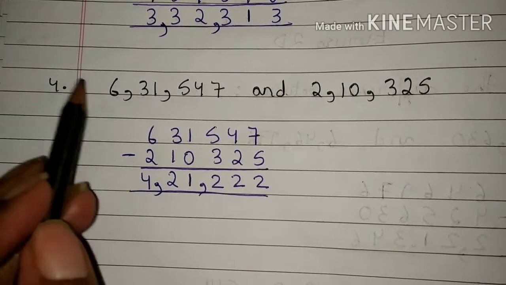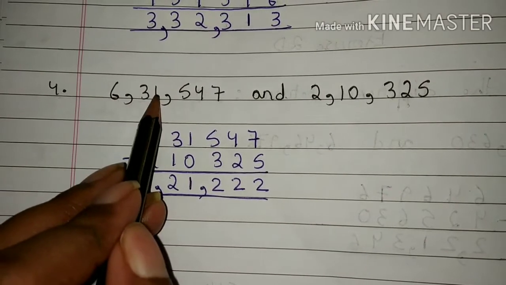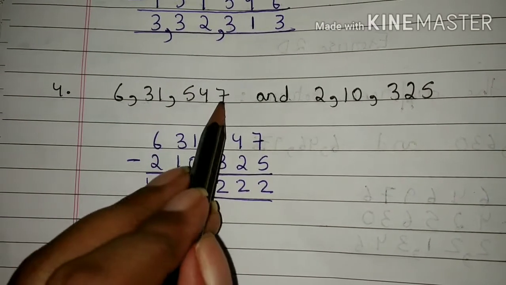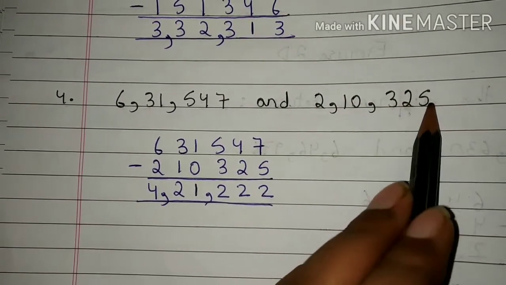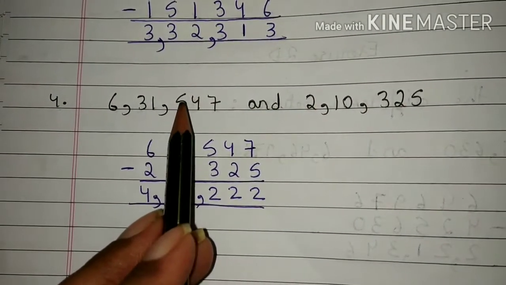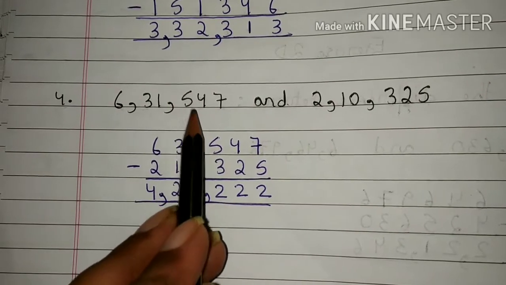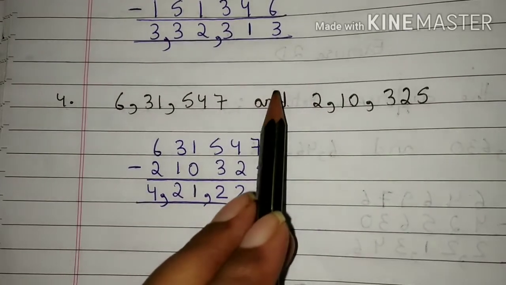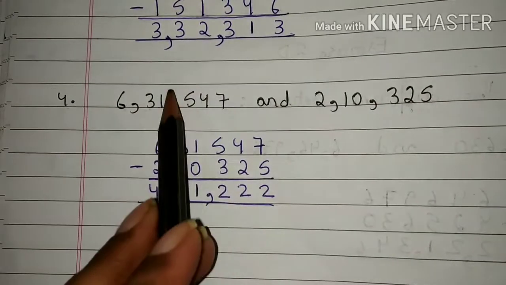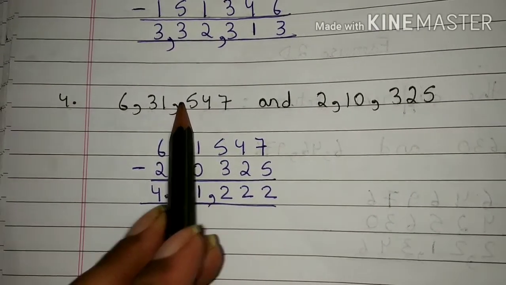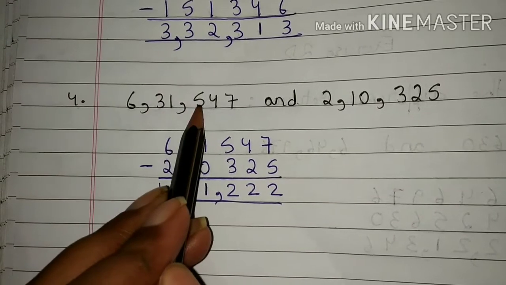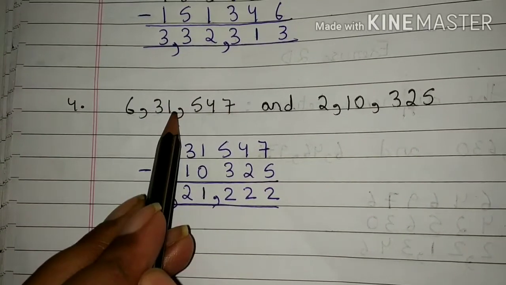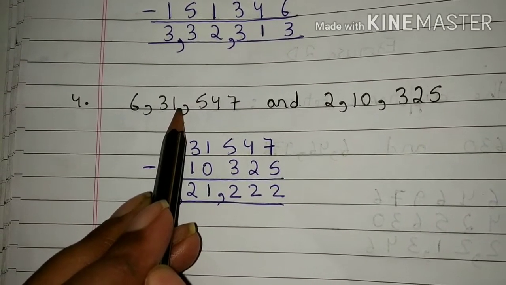Fourth question. 6,31,547 and 2,10,325. Students, in order to find the difference between these two numbers, we will subtract the smaller number from the greater number. Students, 6,31,547 is the greater number. So, we will write